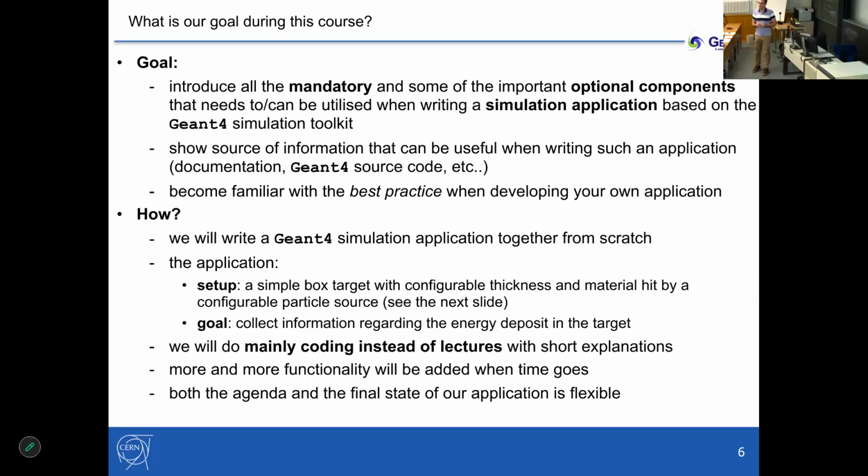The setup will be extremely simple, but it doesn't matter. It will consist of a box, and we will be able to configure the thickness and the material it is made of. And also, we will be able to configure a source of primary particles, and the goal will be to collect the information regarding the energy that the particles deposit when they pass through